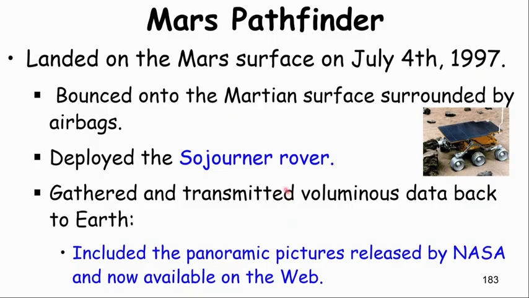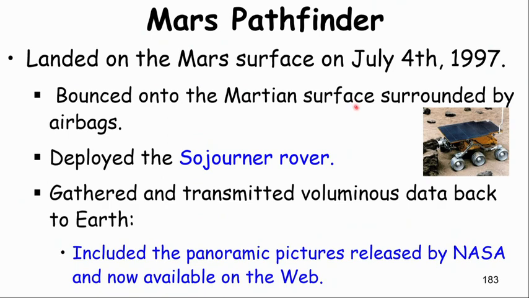There are many examples in the past where application failure was caused by this problem of unbounded priority inversion, but possibly the most celebrated example is the Mars Pathfinder. Let us see what happened there. Mars Pathfinder landed on the Mars surface on 4th July 1997,